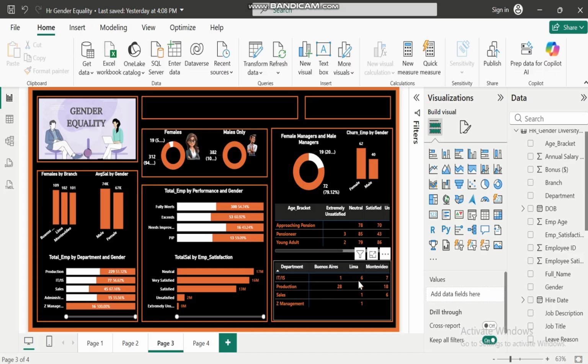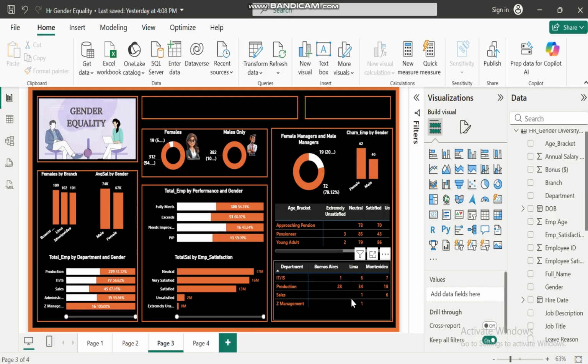That is too high, and so the management needs to check this particular branch to see why this is happening. Because if you look at the sales department as well, someone also left in the sales department. In Zim management, they also have one person leaving, which is a problem for a company. So if I were advising the company, I would tell them to look at this particular branch, whatever is going on that is making people churn a lot, so that we can help cap that